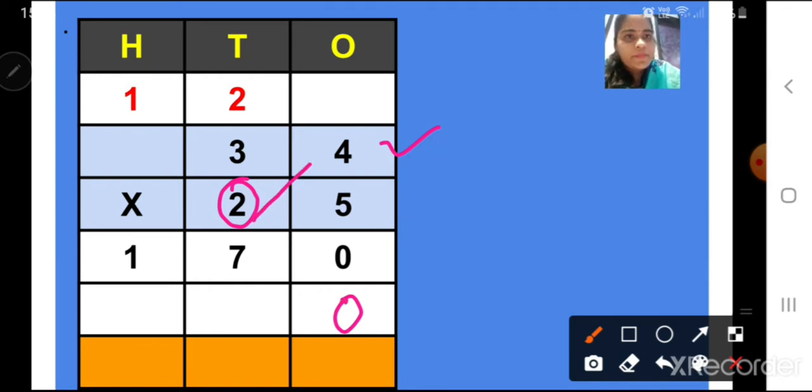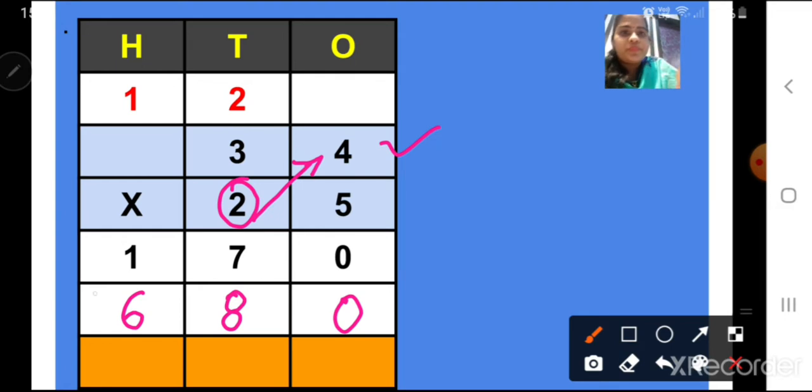Then we have to multiply. First we will multiply 2 with the number 4 which is at the ones place. 2 fours is 8. Write the number here. Then 2 threes is 6. Correct? Is there any number at the hundreds place? No. So we will not do anything.